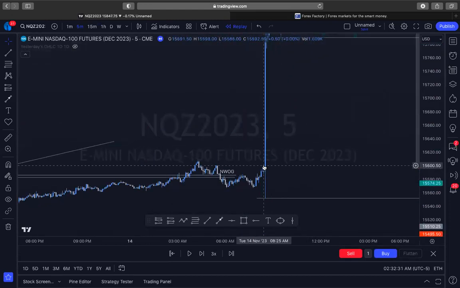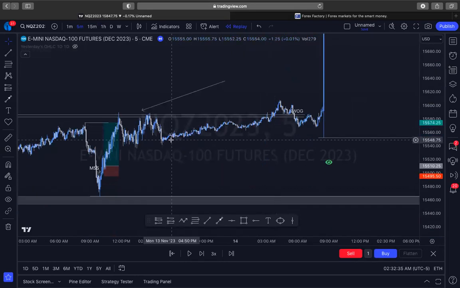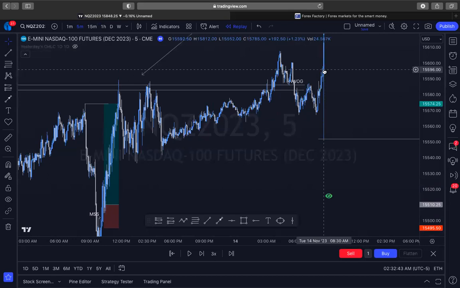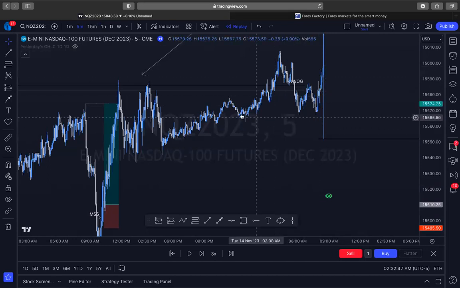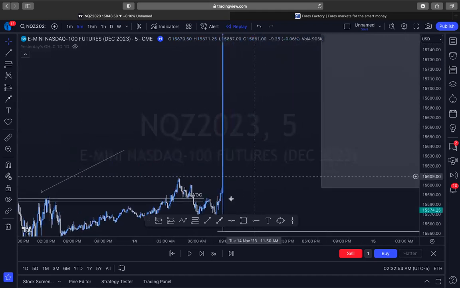So when news hit, it looks like it took everybody out. If you look closely, if you were in longs or buys, you would have had your stop losses all under here, right? But when news comes in, news manipulates. So what did it do? It came back down. It took everybody out right here. It didn't allow anybody to continue that long, right? So once it did that, we shot right up.